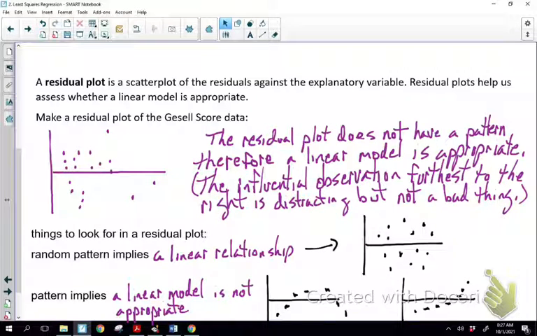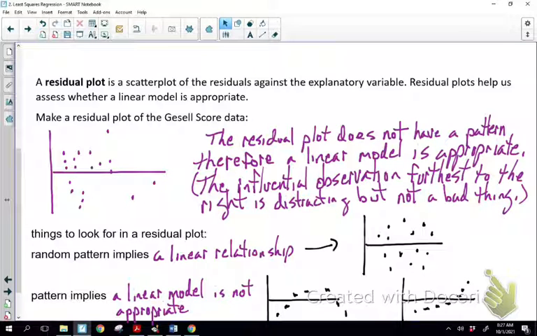Who knows? So in other words, if there's any kind of pattern, that's bad. We want a random pattern to be able to say a linear relationship. It sounds like I'm talking backwards, but I promise you, random pattern,